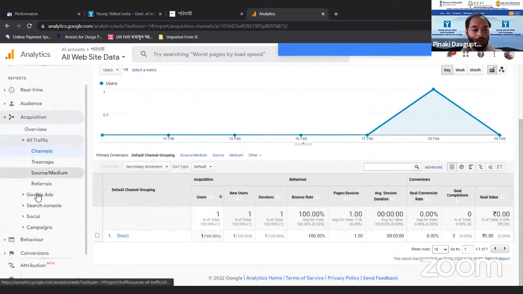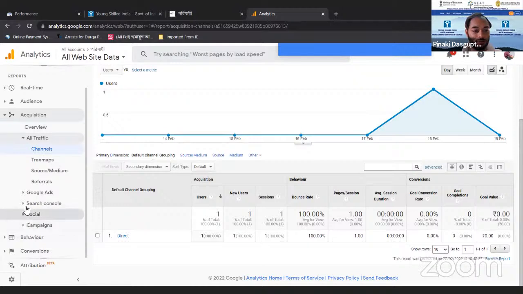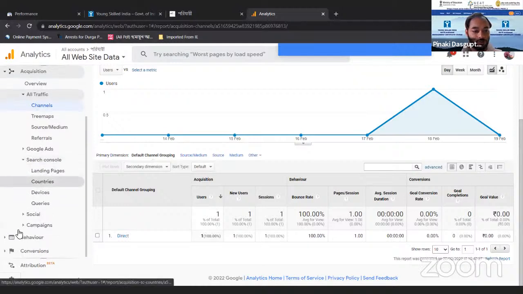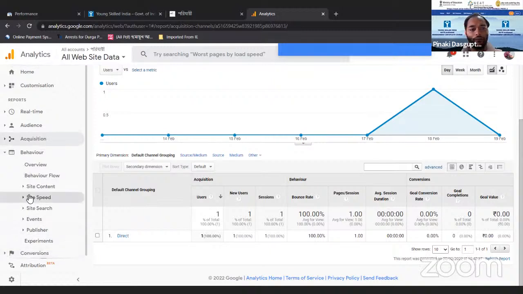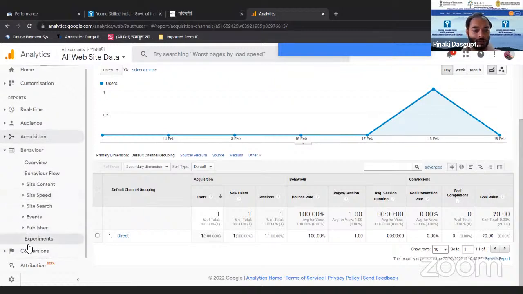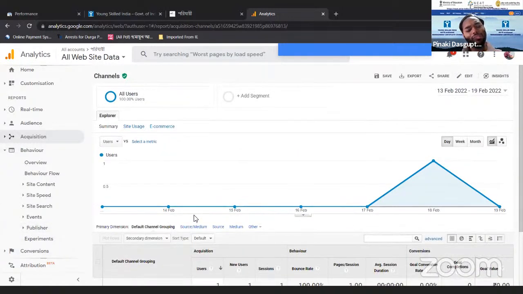Okay, there are also some sections where we can find behavior flow, site content, and all these things. I'm not going into the details currently. I'm just showing you that it is also giving you similar nature of data.